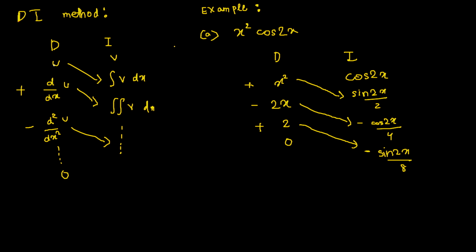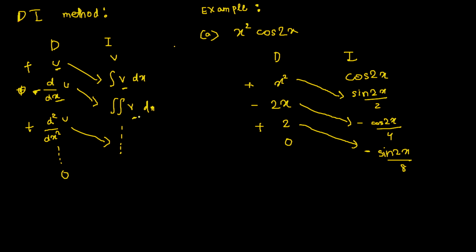So what we do is we go on differentiating u until we get 0. And the number of times that we have differentiated u, we integrate v the same number of times. And then we add alternating plus and minus symbols. This is plus, minus, and plus. So after we add the alternating plus minus symbols, we go on multiplying the first term in D with the second term in I, and then the second term in D with the third term in I, and we add